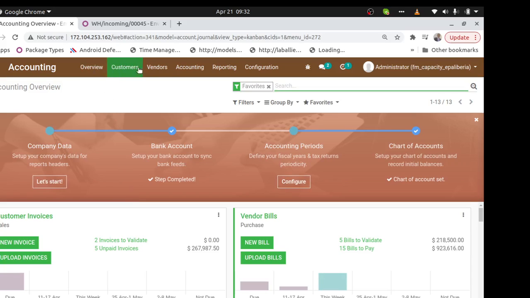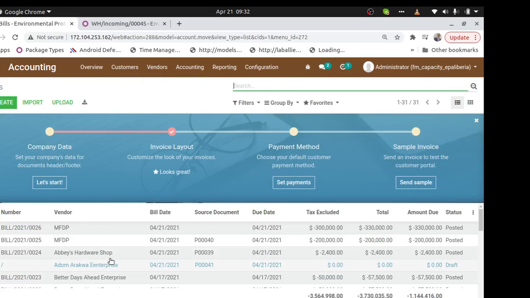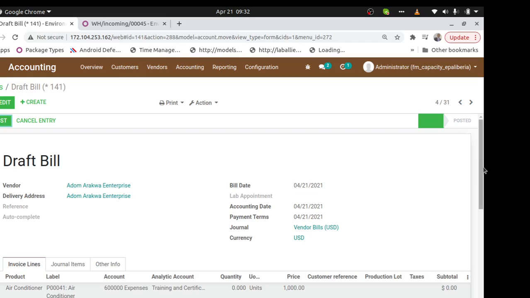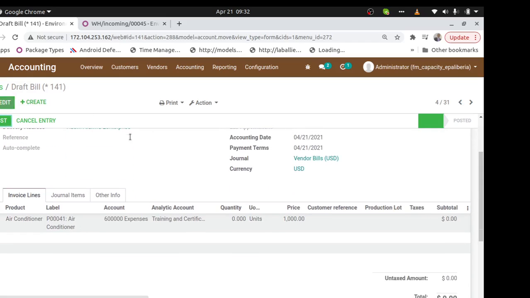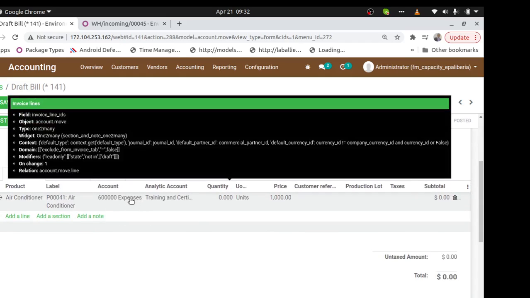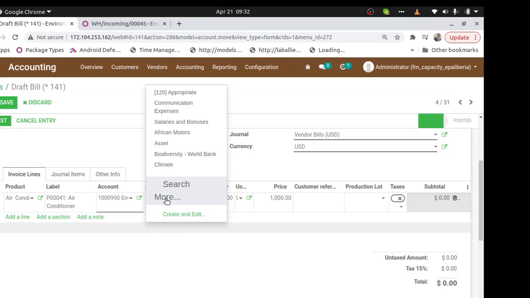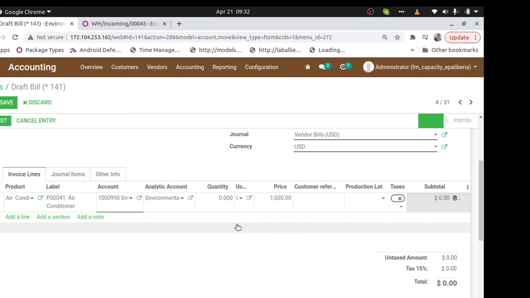Then I go to vendors, because they are suppliers, bills. Now I have that one for Edom Enterprises. Those that are draft are always blue in color. The ones that are validated are black in color. So I'll open it. Once I open it, I will check everything to make sure it's okay. Especially on the item lines, where are we posting the expense account. Remember, I created an environmental declaration expense account. I can select it, and then the analytic account, the budget account, is environmental declaration. Again, just named the same so it becomes easy.